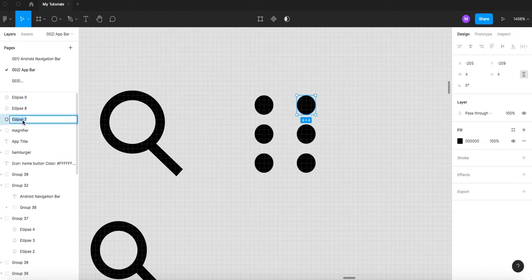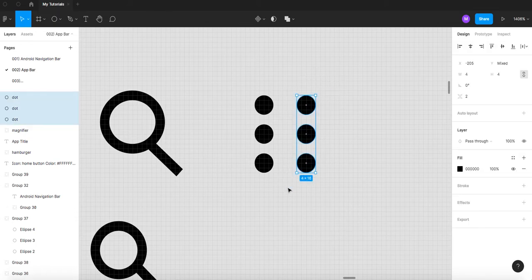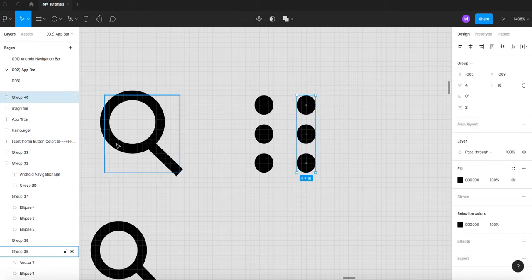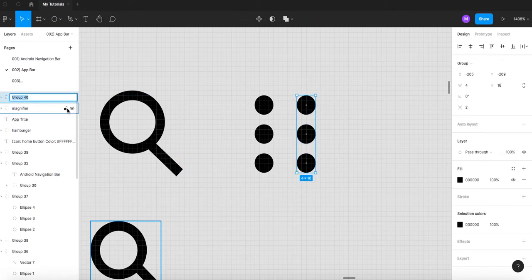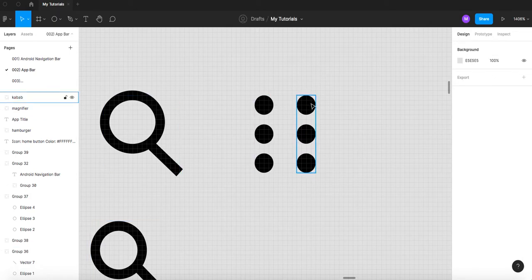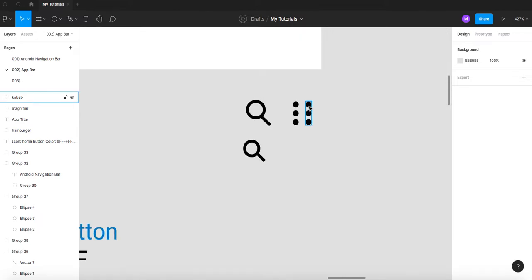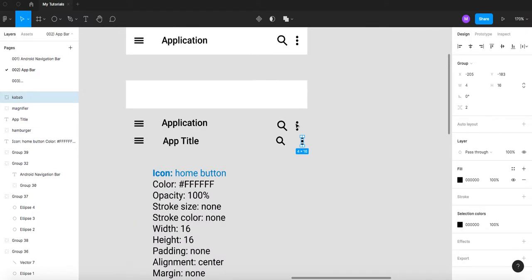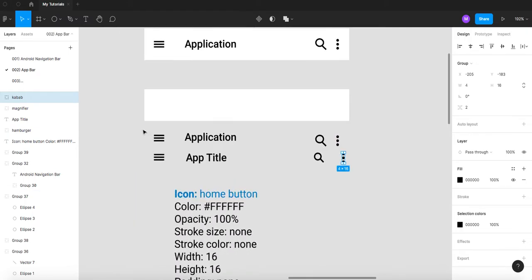Let's call that, it's not line anymore, point, dot, something like that. The name that you prefer. I'm going to call it dot for a while. Select all of them, Command G. We will call that Kebab. Kebab, it's a food name. All right, so we have all the icons we need, and now we need to have this